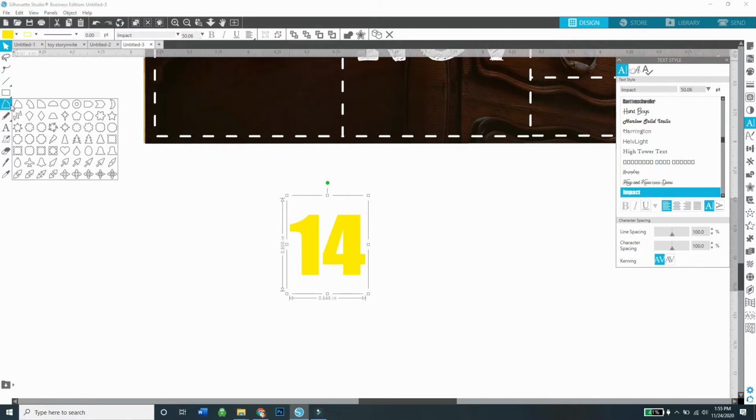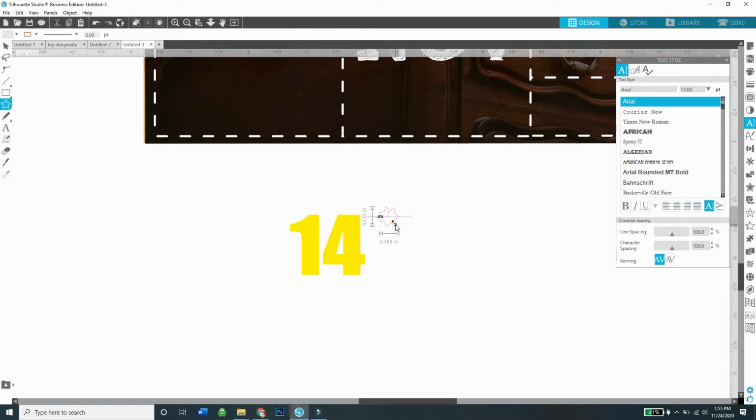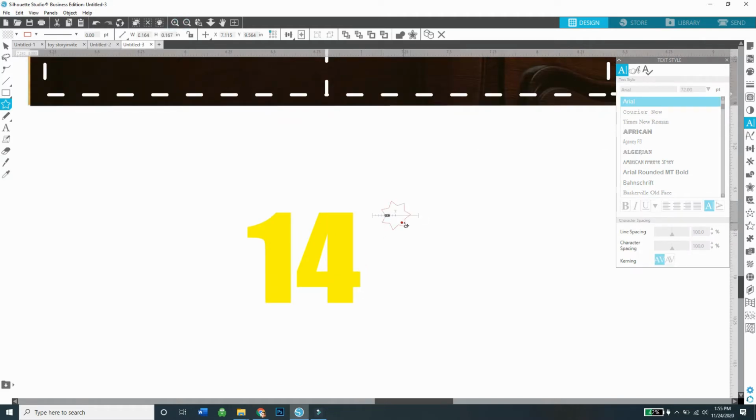I'm not sure if all of you have this. But I can't remember if the regular or if the other Silhouette software has it, but this business edition comes with a lot of shapes, and I